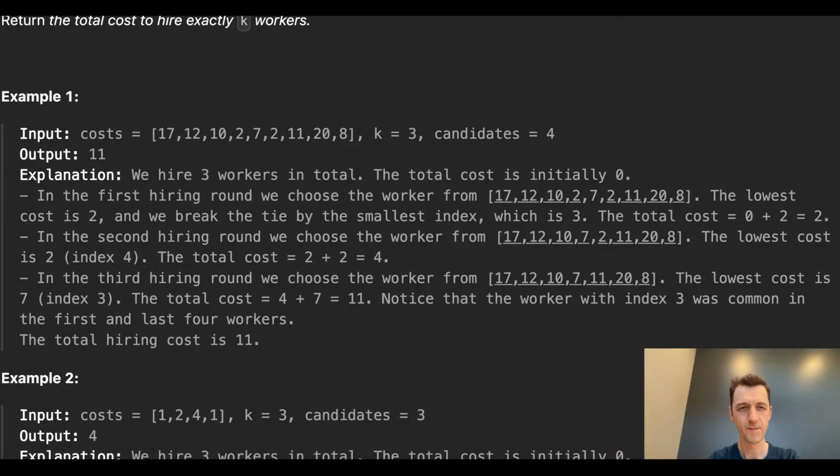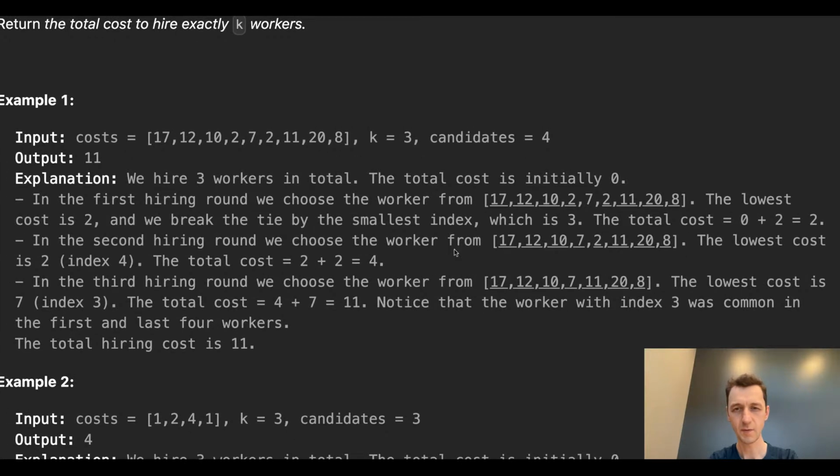In the first hiring round, we choose the worker from. The lowest cost is 2, and we break the tie by the smallest index, which is 3. 1, 2, 3. The total cost is 0 plus 2. In the second hiring round, which is the worker from 4, 1, 2, 3, 4. The lowest cost is 2, index 4. Total cost is 4. In the third hiring round, which is the worker from